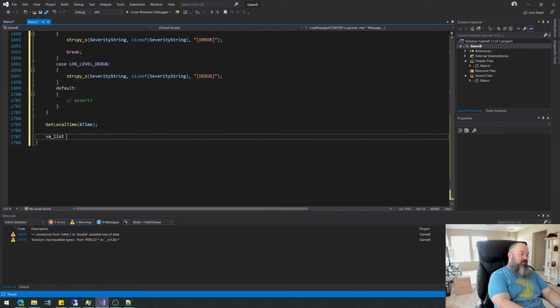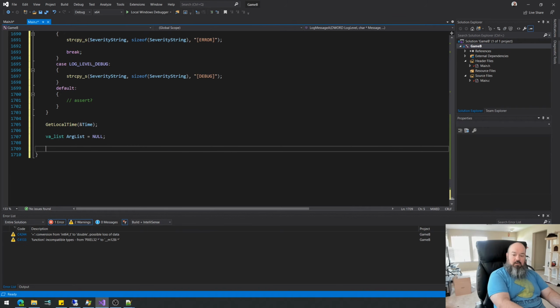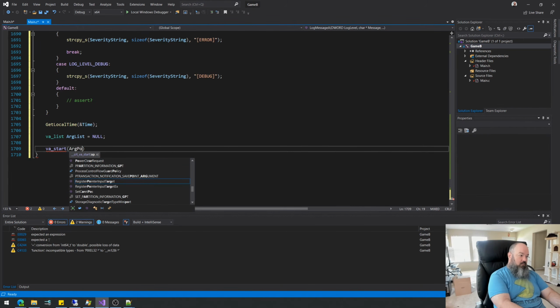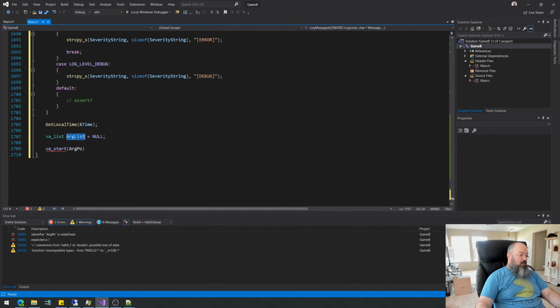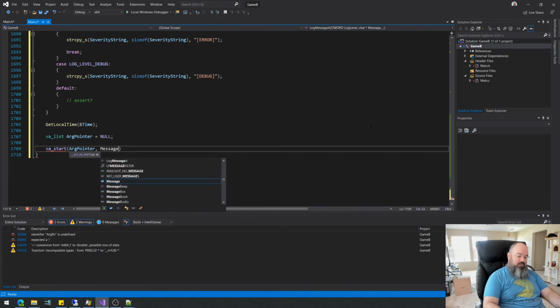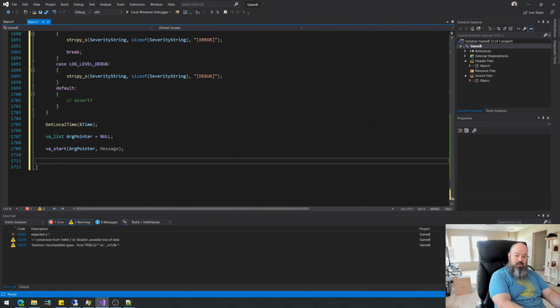So we use this function right here to basically navigate these variadic arguments. VA start, and what did I do? I was typing list there, and I should have typed arg pointer. Pointer, message, and